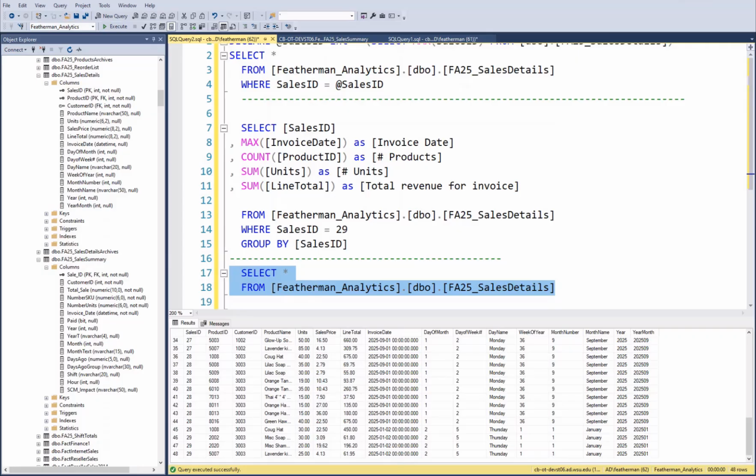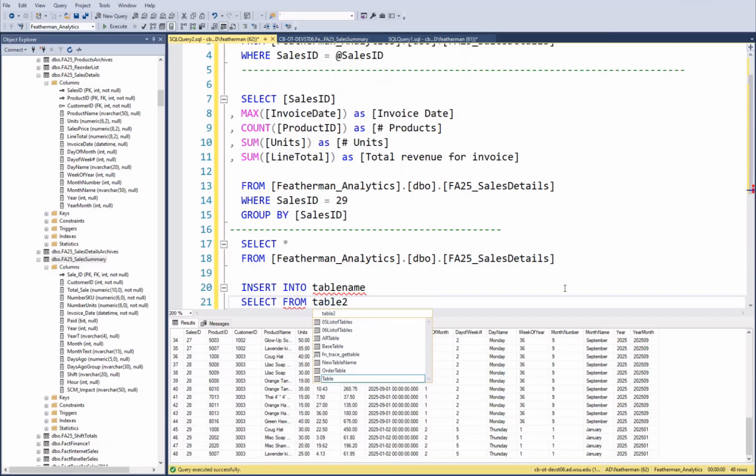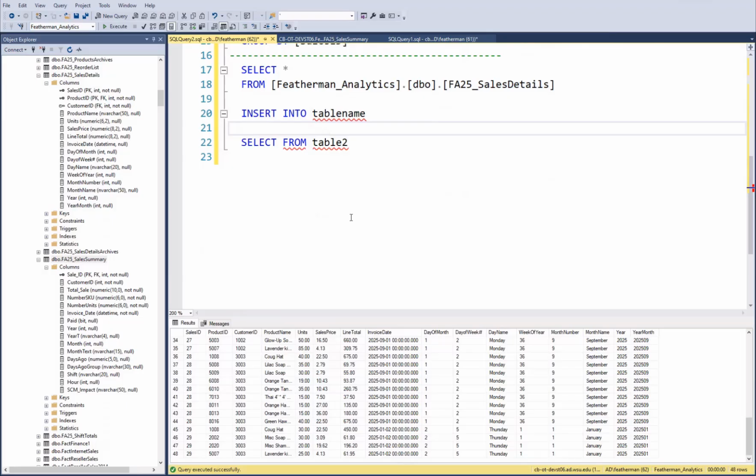Well, we are here to insert rows from the sales details table to the sales summary table. And what we're going to do is insert into table name, select from other table name, table 2. That's all we're doing. So you have to provide your list of columns,